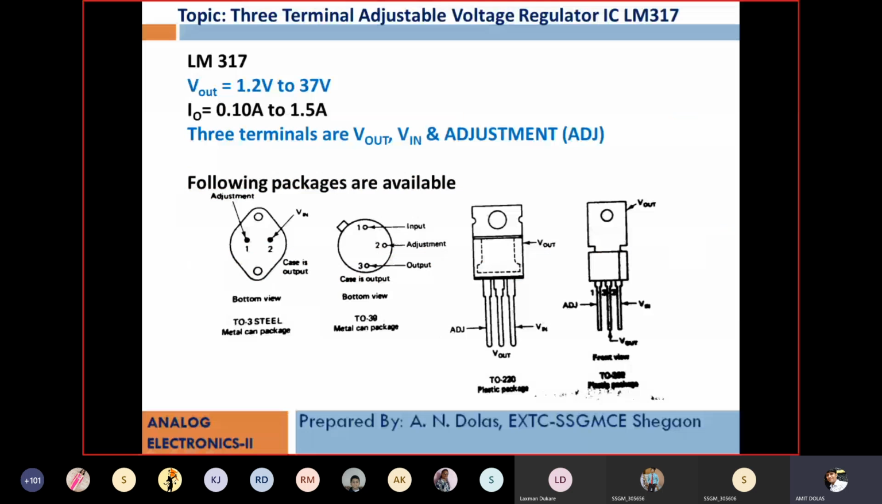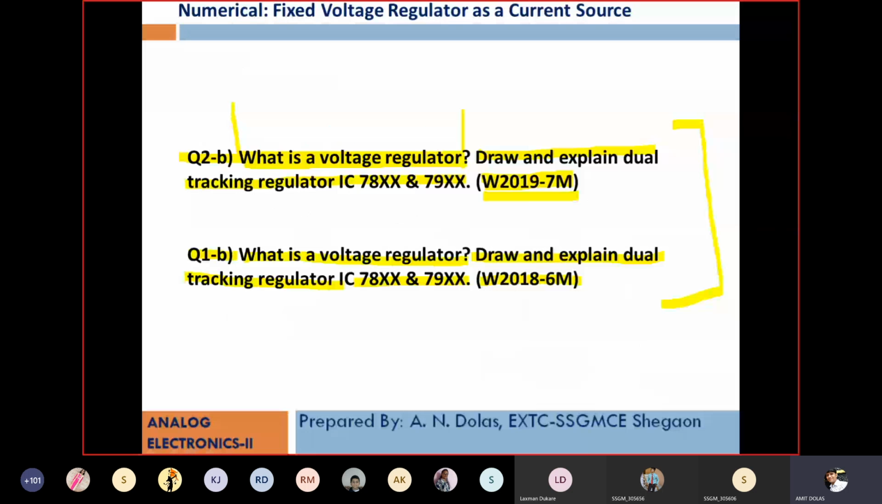Next is, so here our fixed voltage regulator is over. Related questions from 3 university papers I have shown to you. Numerical is solved, theory you have to prepare. Next IC is